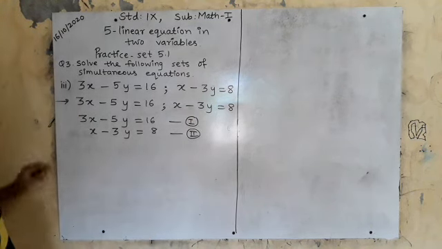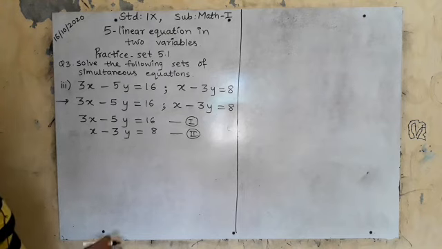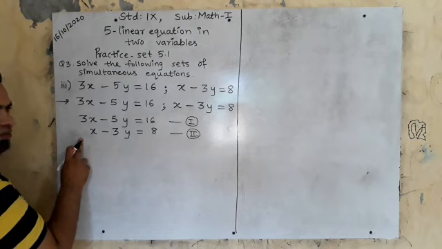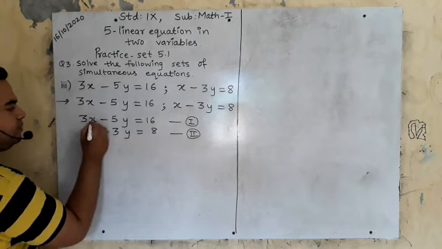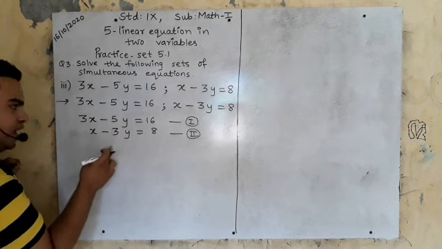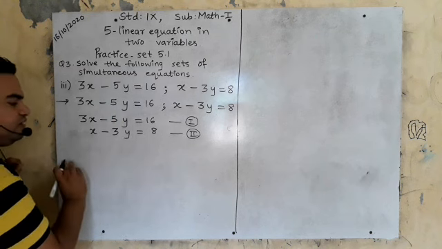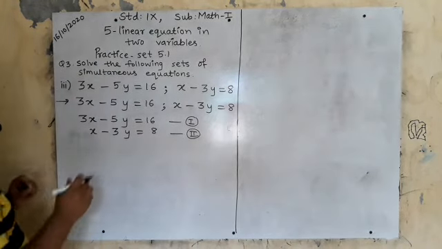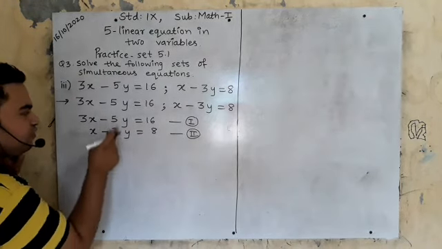Two equations are there. Now what you will focus on here: if you want to make x coefficients equal, then also you can make them equal and eliminate x, no problem. But what is my aim? I always eliminate y, because we will find the x value first and then we will find the y value.